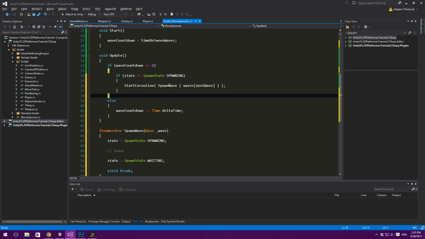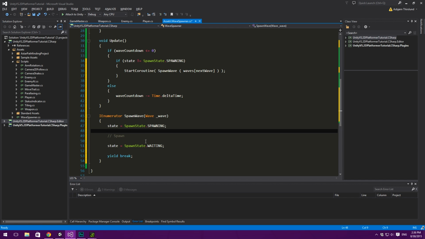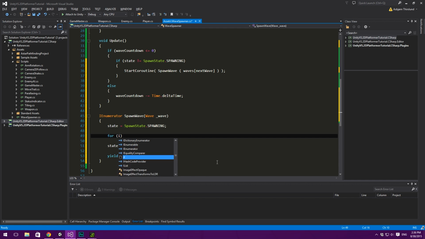Like that, okay? So instead of simply calling this and using a semicolon, because this is an IEnumerator, we need to call the StartCoroutine method, and that is going to do all of that for us. Awesome. So now in here, what we are able to do is loop through